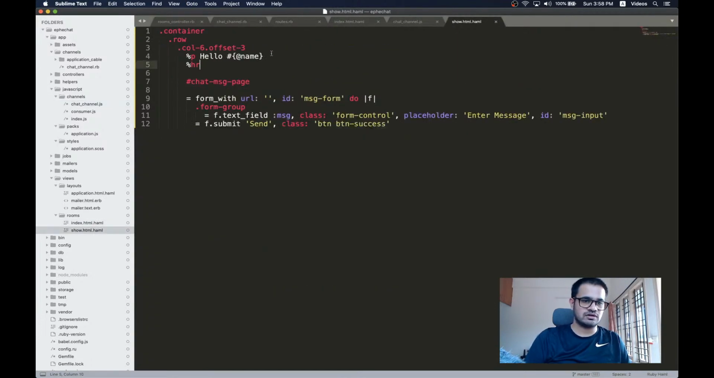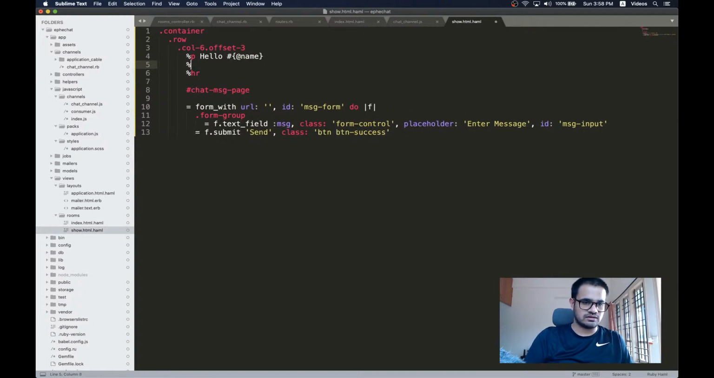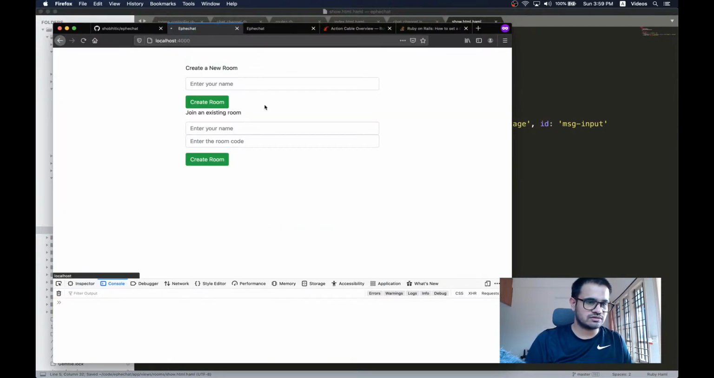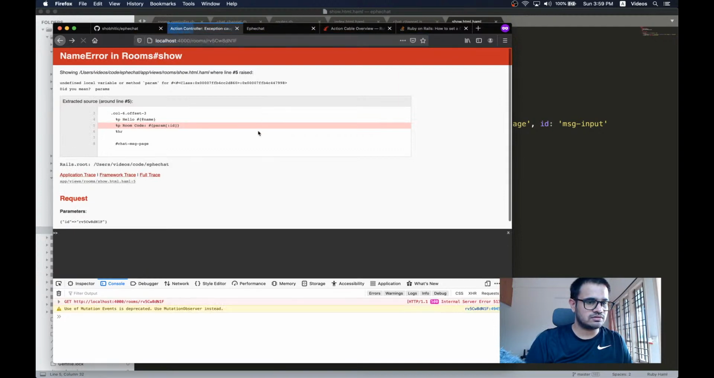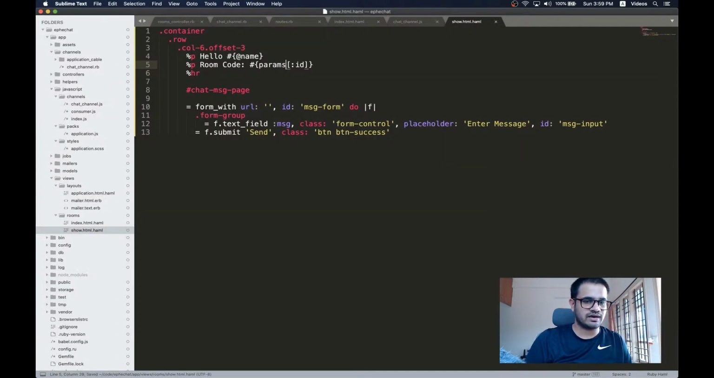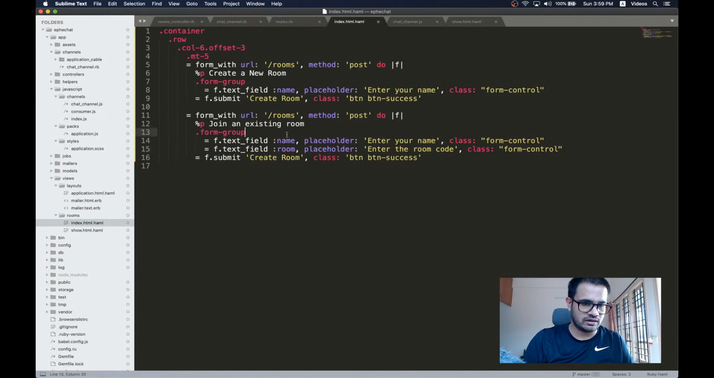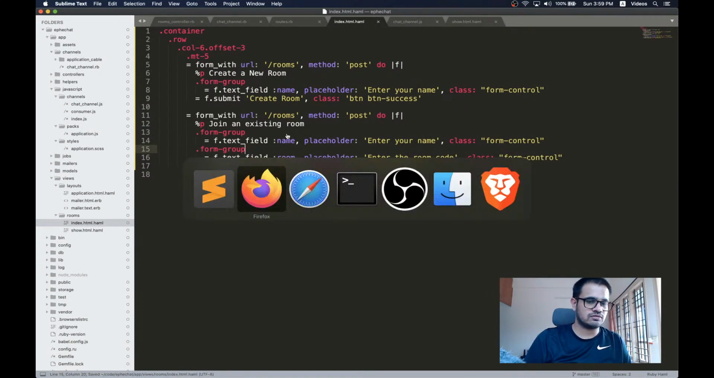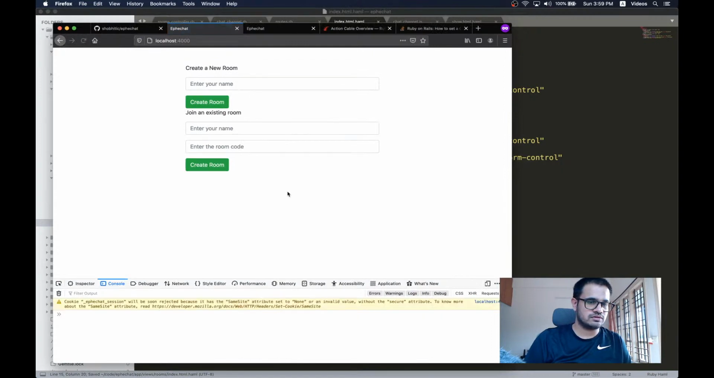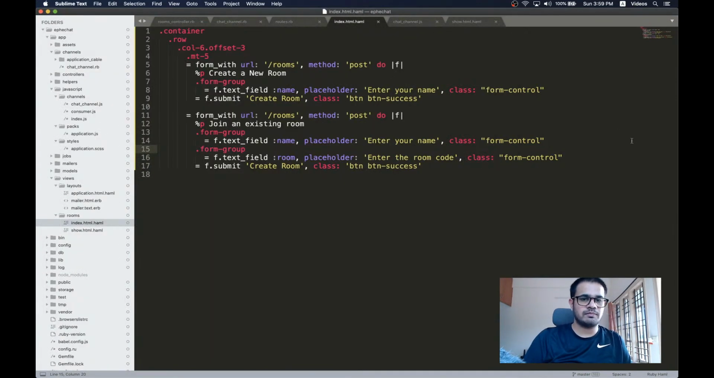One thing that I was not showing is the room code, so I can just show that now. Room code will be params id. Let's just make sure that that thing works. Param is not the correct word, it's params. I have the room code, so the room code shows, and we just need another form group. Enter your name, enter the room code, and so I can just be like Shobhit, and room code is something, but